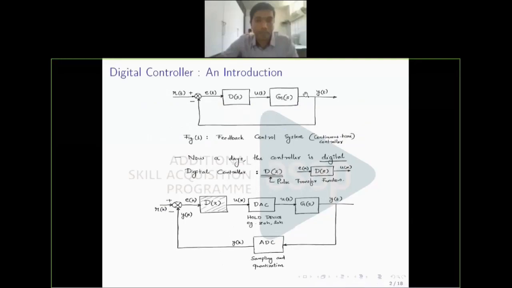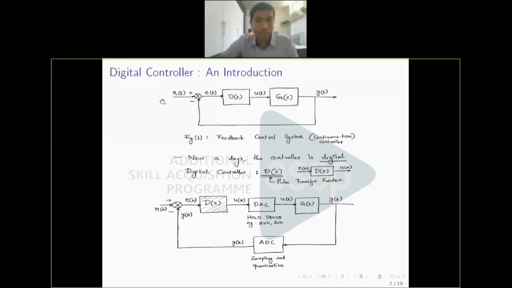So the figure that is drawn above, I hope you can see it. It's the very normal feedback control system that you have been seeing for maybe the last 2 years. Here G of S is the continuous time plant, U of T is the control input to the continuous time plant, and Y of T is the output of the continuous time plant.